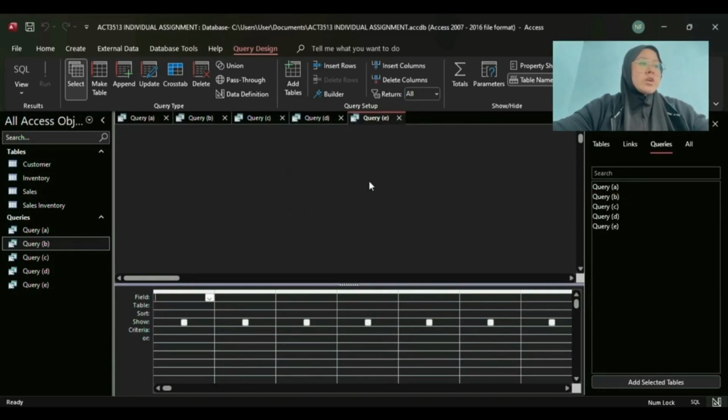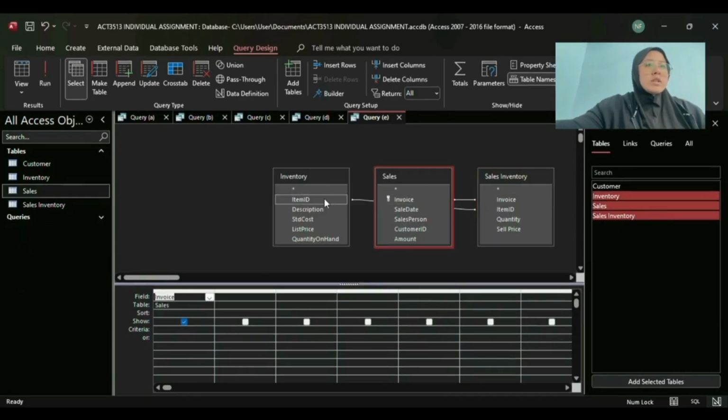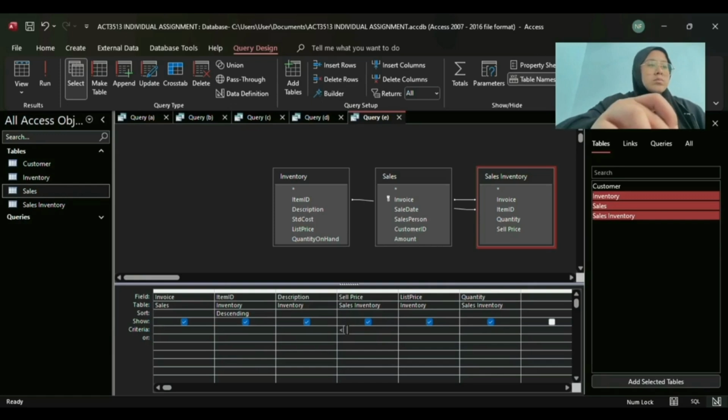So we need an equation for all items sold where the sale price is different than the list price, sorted by item ID in descending order. For this we need to use the inventory, sales, and sales inventory tables. We choose invoice, then item ID, description, sale price, list price, and quantity. For item ID, we sort in descending order, and for the sale price, the criteria is